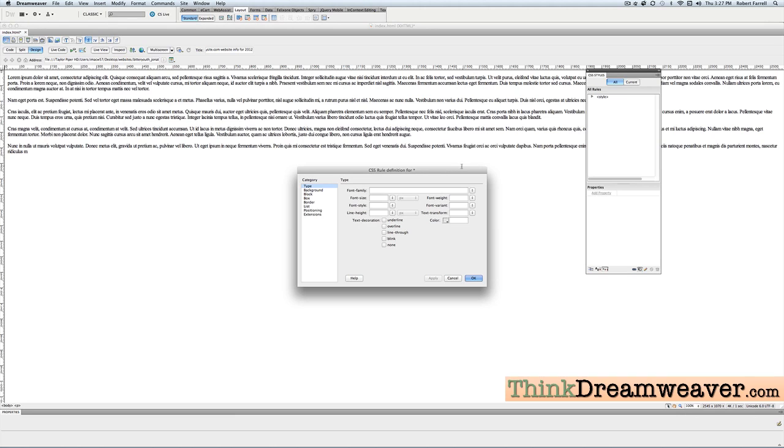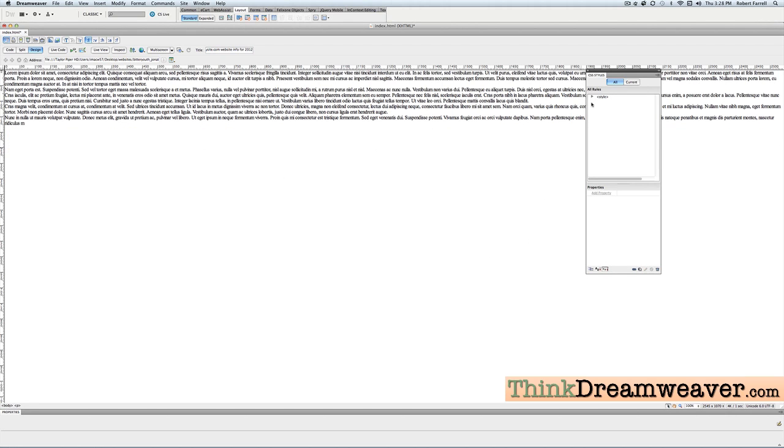I hit OK. Based on these choices here, I'm going to go to the Box category. I'm going to set my padding to 0 and my margin to 0. Now, why do I set both padding and margin? Because some browsers default to margin space, some browsers default to padding space. This accomplishes both. So if I scroll this down here, there's my HTML tag, the CSS rule I just made